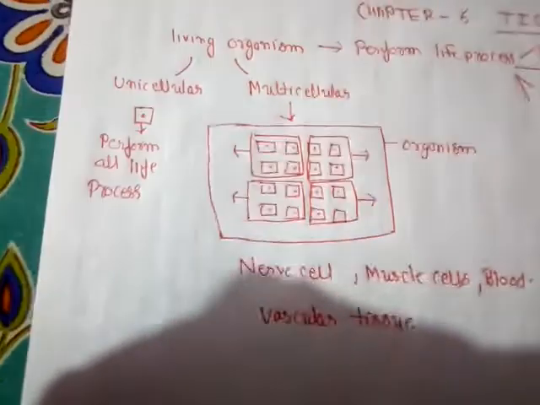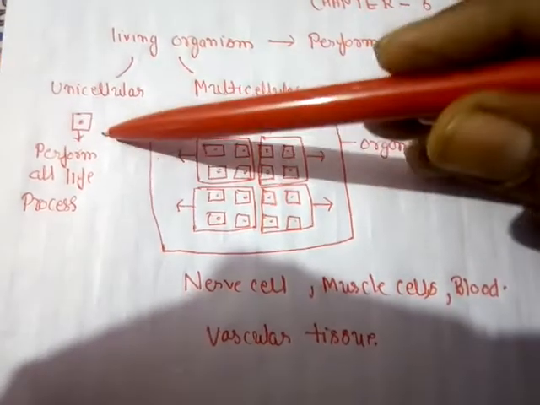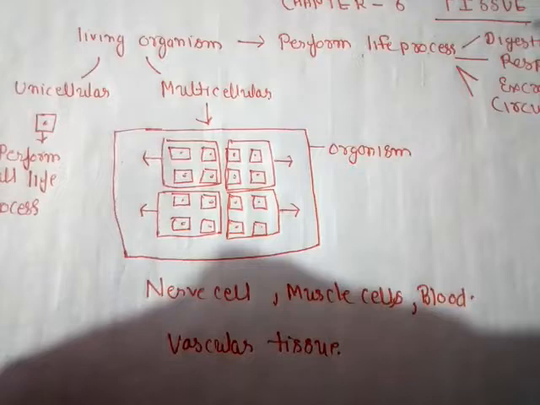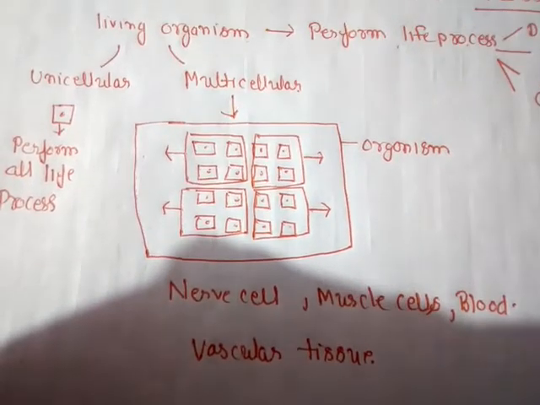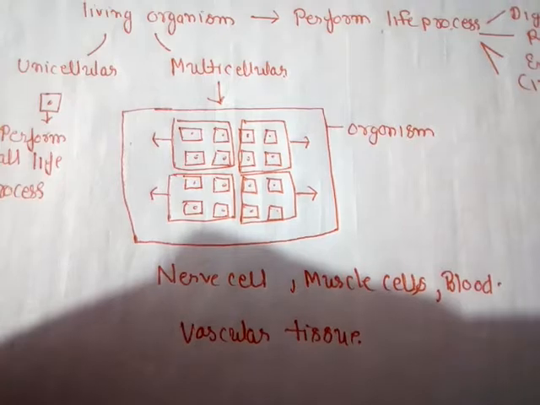The living organisms are of two types depending upon the number of cells. They could be unicellular like amoeba, and they could be multicellular, that means made up of more than one cell. In unicellular organisms, because they are made up of a single cell, all the life processes include digestion, respiration, excretion,